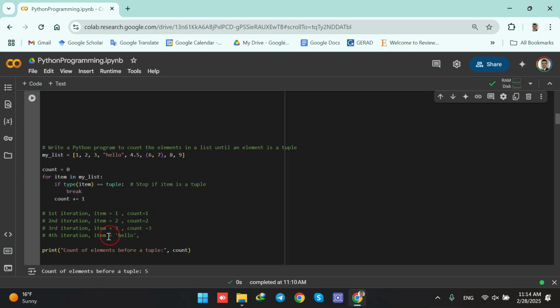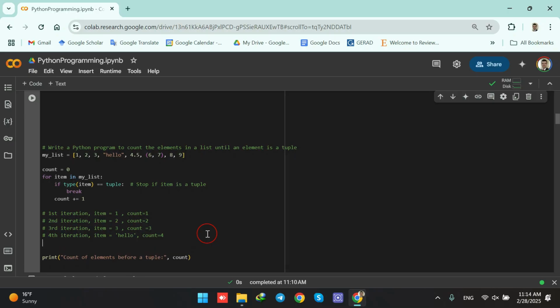So now item equals hello. We check the hello type. It's a string. Is it equal to tuple? No, string is not equal to tuple. We don't do the breaking. We increment the count. So the count equals 4. And the